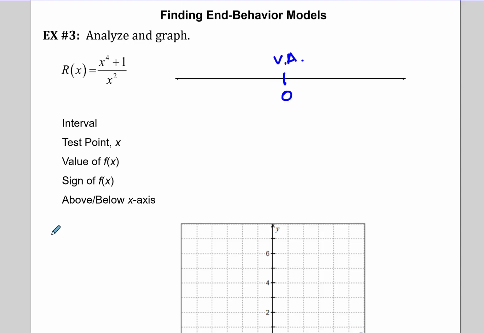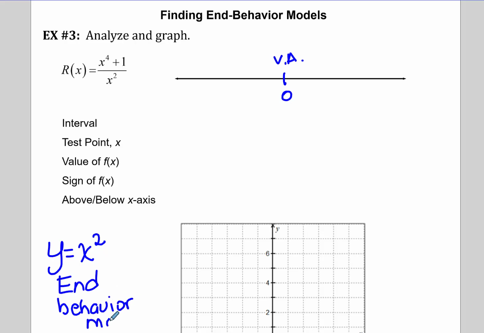So since x squared was our end behavior polynomial, I can't really call it a slant asymptote. It's not a slant asymptote, but this is our end behavior model. I'll show you how that goes here